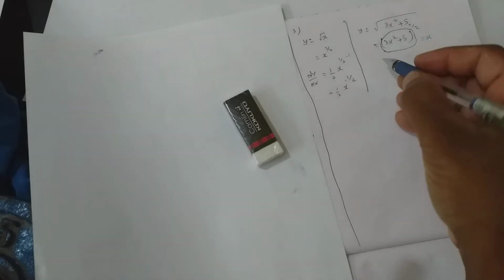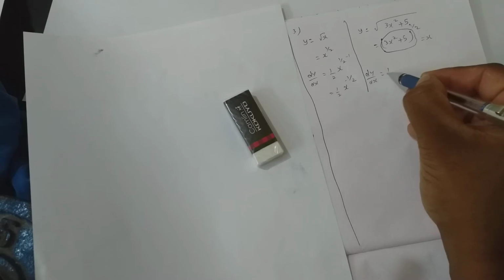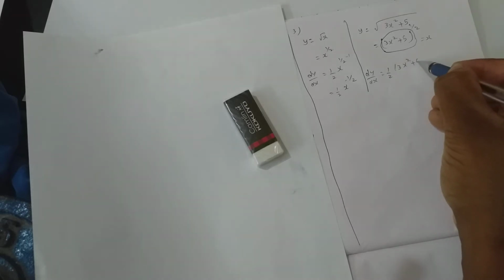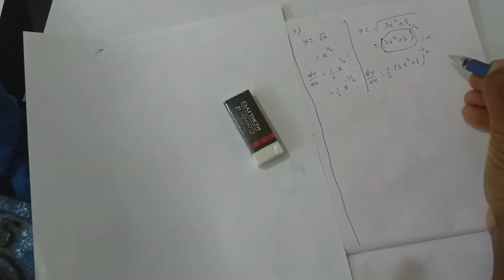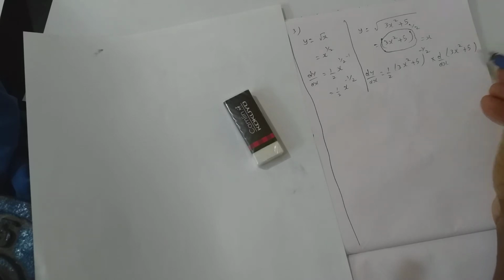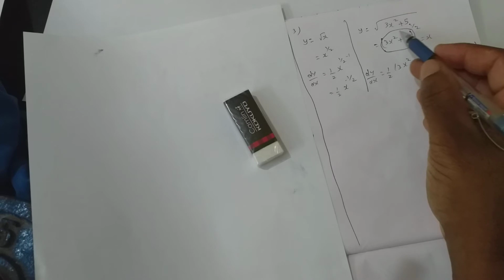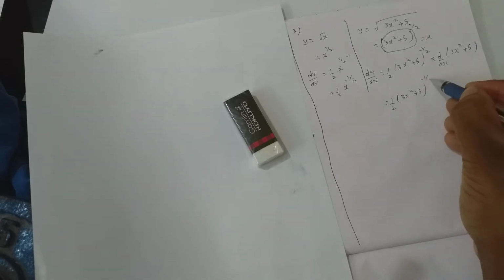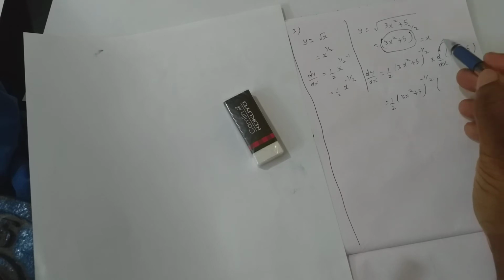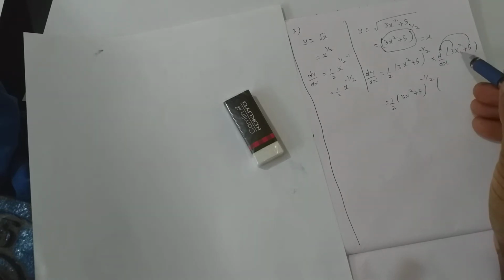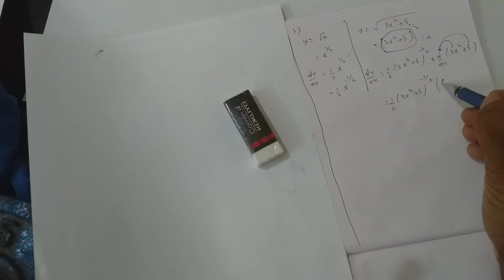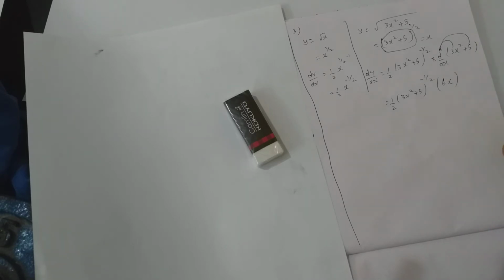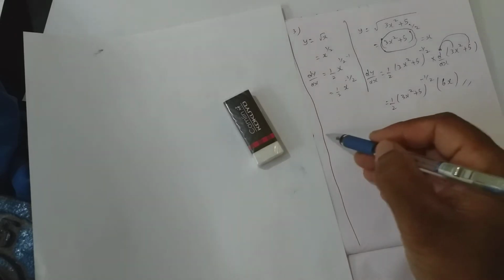So now it is of the form x power half. So dy by dx equals half into (3x square plus 5) power half minus 1, which is minus 1 by 2, into d by dx of, in place of x, whatever you considered. Whatever you are considering in place of x, that you need to keep here at last. So now it becomes 1 by 2 into (3x square plus 5) power minus 1 by 2 into d by dx gets applied to this one and also to this one. When it is applied on 3x square, 3 into 2x is 6x, plus 0, I am not writing. We'll simplify while doing sums. As of now, this is the answer.